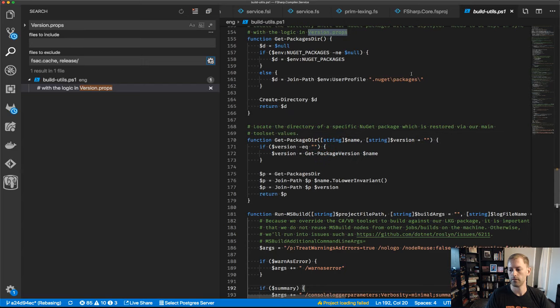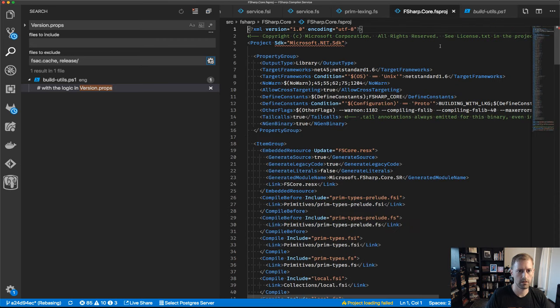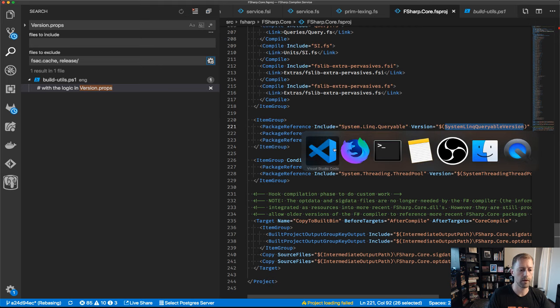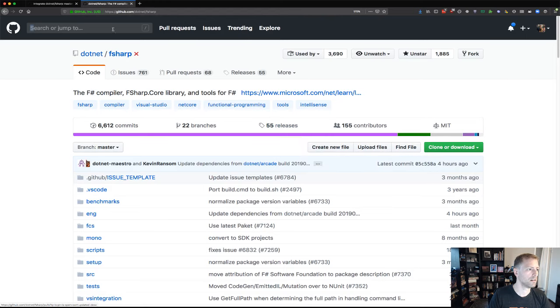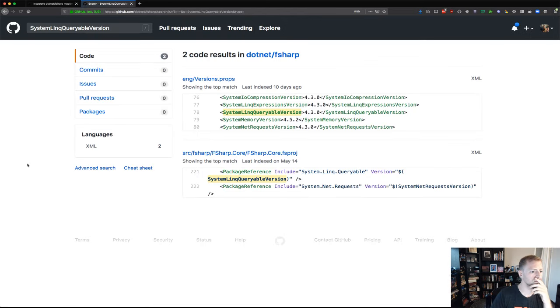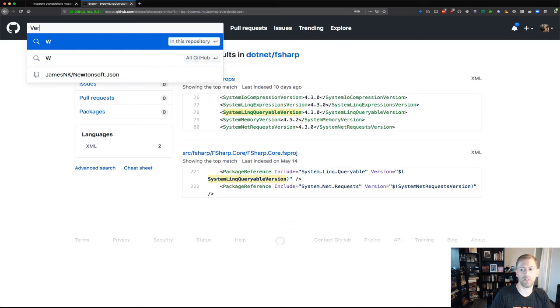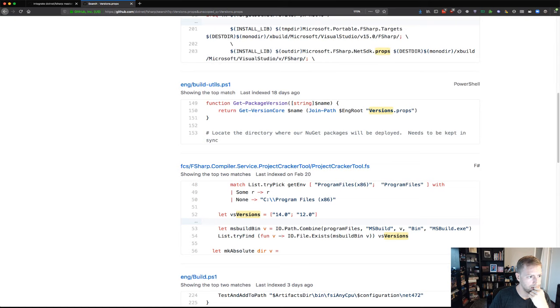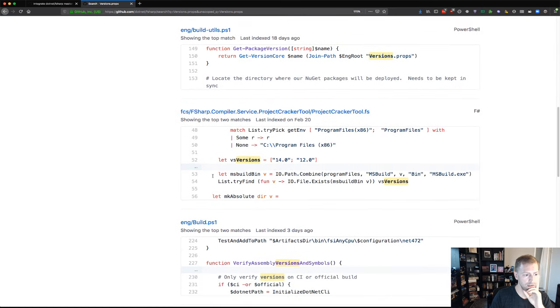So first batch, let's see if we can find all the places where this is defined. Same deal, FSharp core fs proj, ing versions.props. So let's see what uses versions.props. Ing common, build utils,